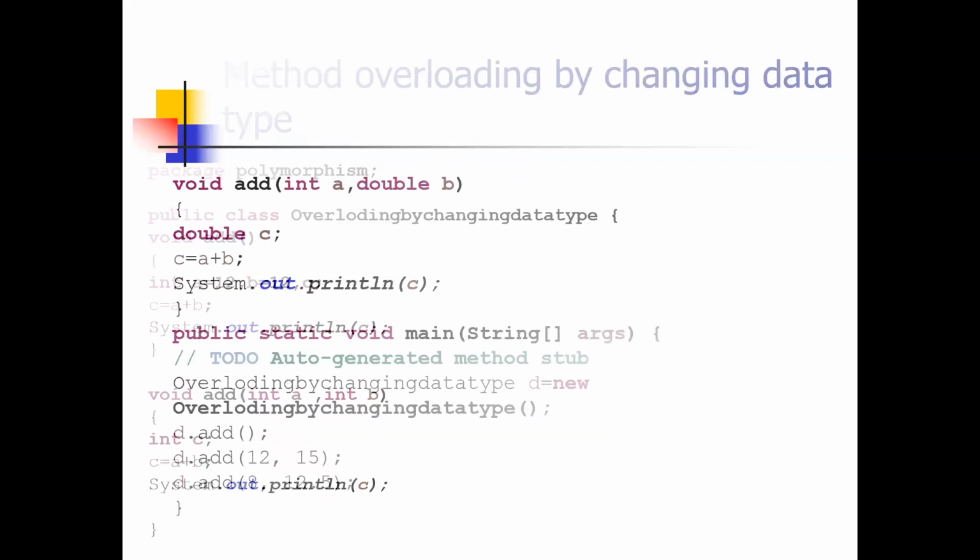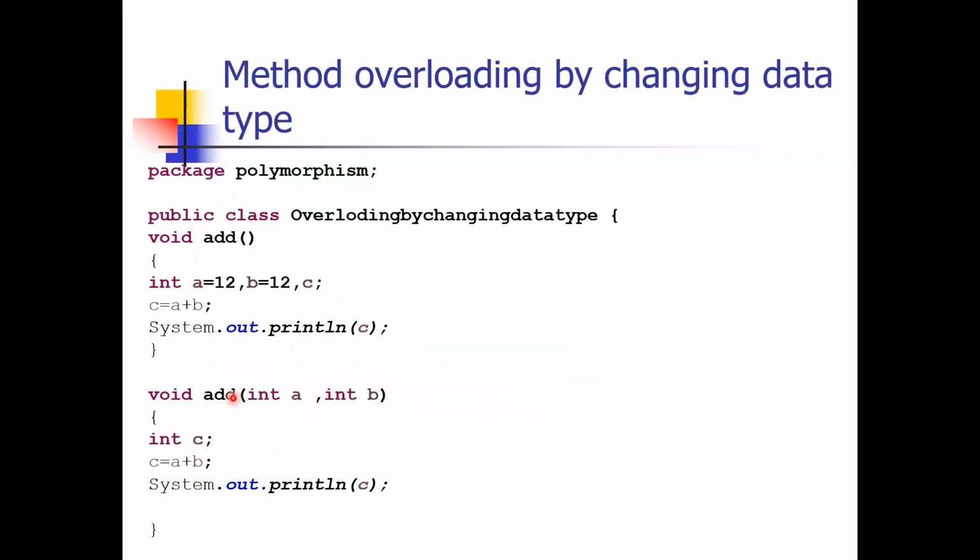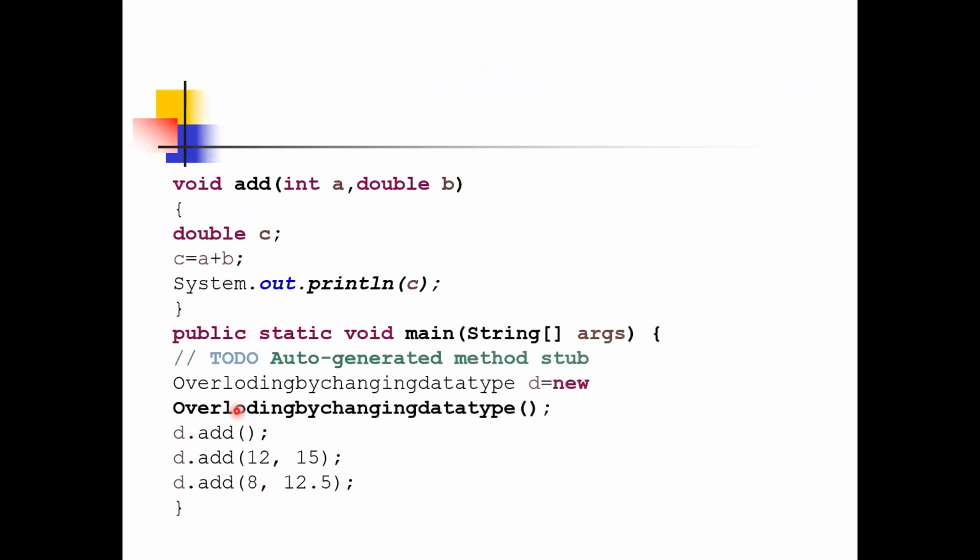But here the type is different. Double B, so double C equals A plus B. Here, in the calling, we can use this line. Whenever we want to use a method of a particular class, we have to create an object of that class. So we have to create the object of the overloading changing data type class: D equals new overloading changing data type. Now, while calling D dot add,